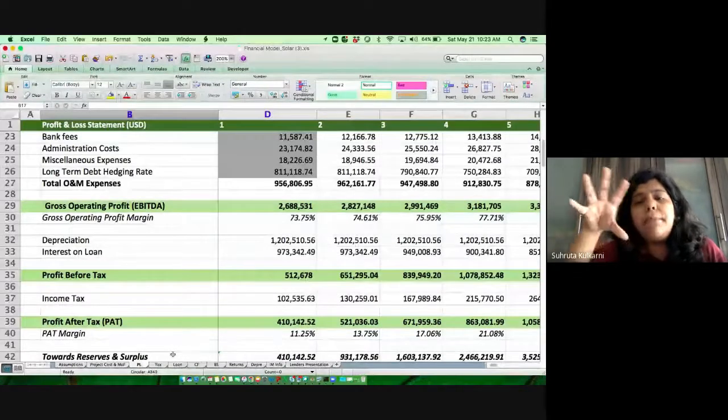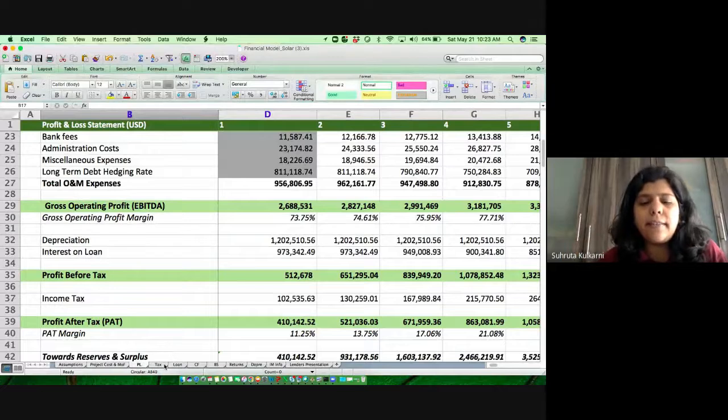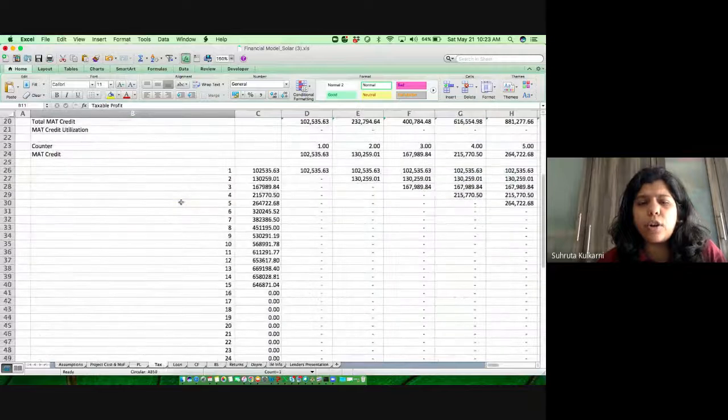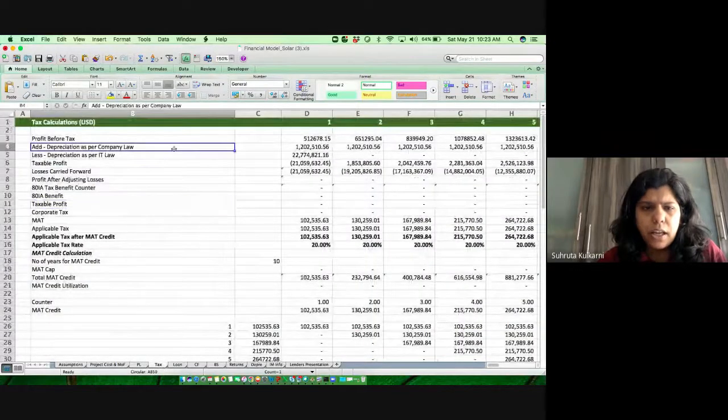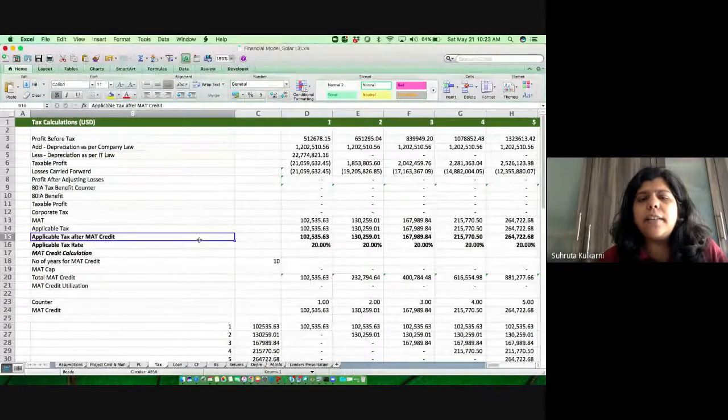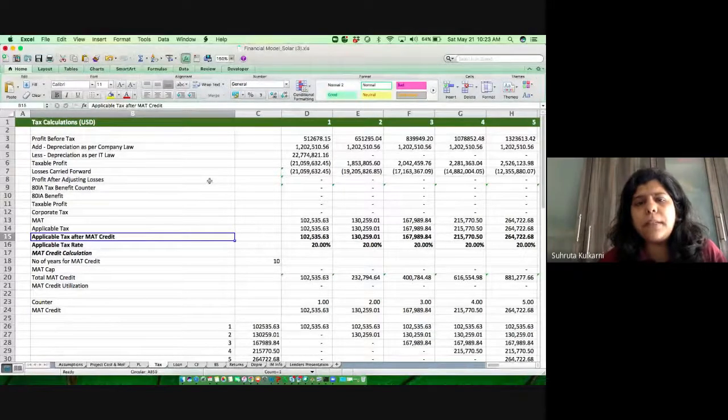So there are multiple things which govern the actual tax, and hence it is advisable to build a tax sheet. I will take you through what all details we have on the tax sheet. Similarly, from the income tax perspective, you need to add back the depreciation as well, and depreciation also has different rules as per the Company Act and Income Tax Act. So that is where it is advisable to build a separate tax sheet.